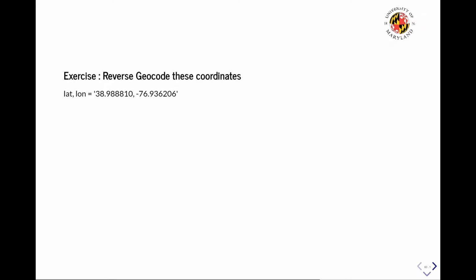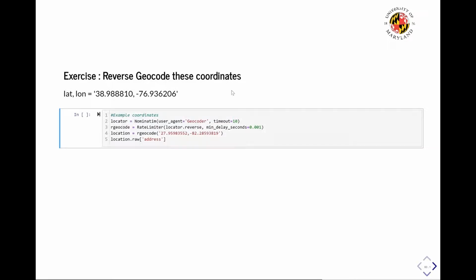So this is an exercise just to understand how reverse geocoding works. These are some sample coordinates that we'll find the reverse geocoding results for. We first need to specify the geocoding service to construct our own geocoder.